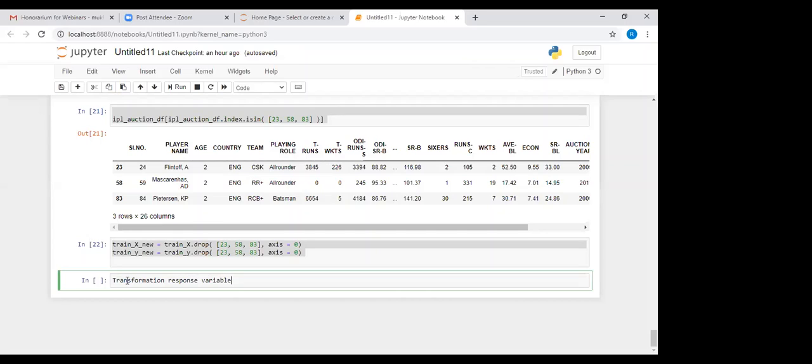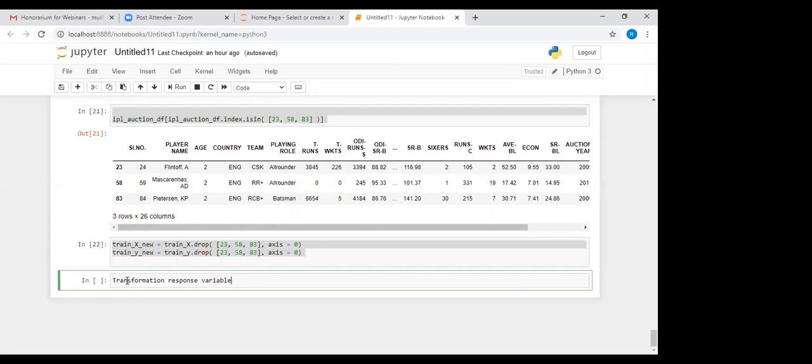Transformation of Y may be useful when there is a low R squared value, or when the pattern in the residuals shows a non-linear relationship between dependent and independent variables. We can also use it when residuals do not follow a normal distribution and are not homoscedastic, which you see from the PP plot and the residual plot.